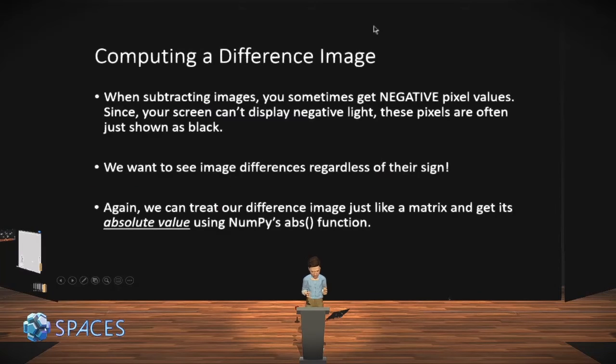thing. So keep in mind that when you do mathematics with images, you can do mathematics with large values and tiny values and whatnot, but when you display it to the user, it's got to be pixel values that the user can see. So sometimes when you subtract images, you get negative pixels. And there's no such thing as a negative light contribution. So they tend to end up being shown as just black. So when you do a basic difference image, you're also going to have to take the absolute value of the resulting difference image, preferably in our case using NumPy's absolute value function, to be able to visualize, to see where